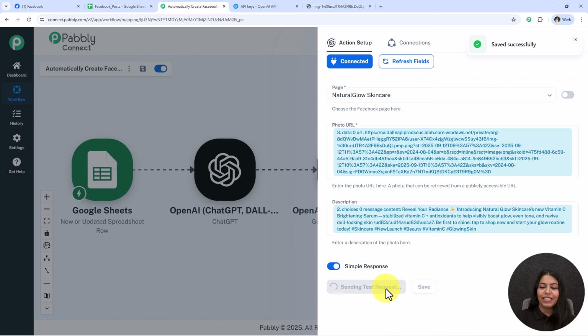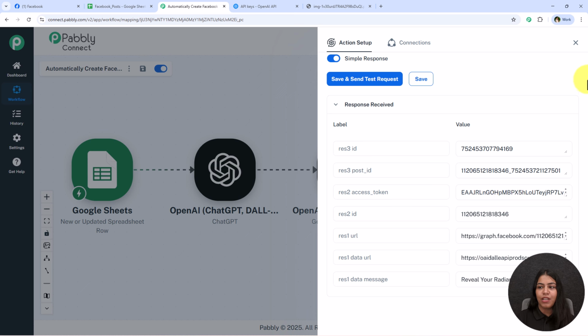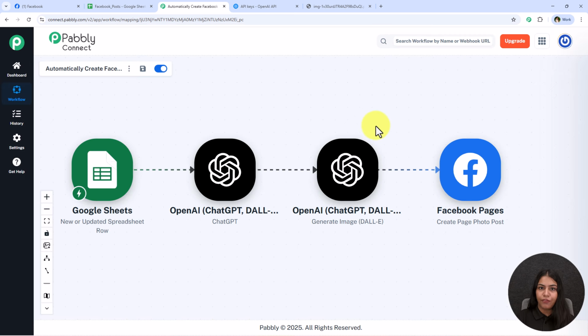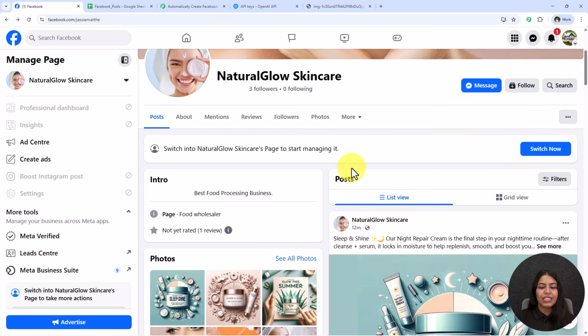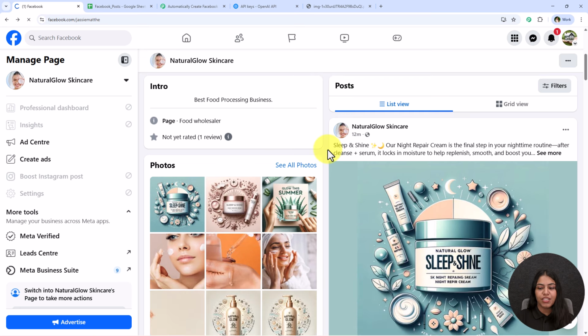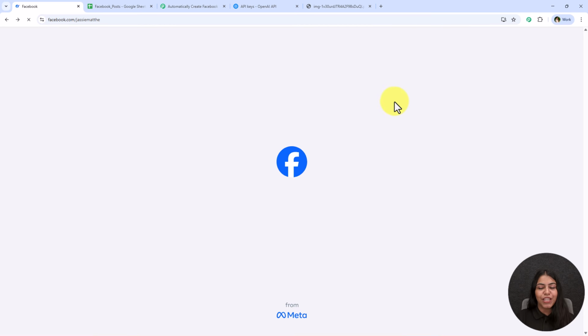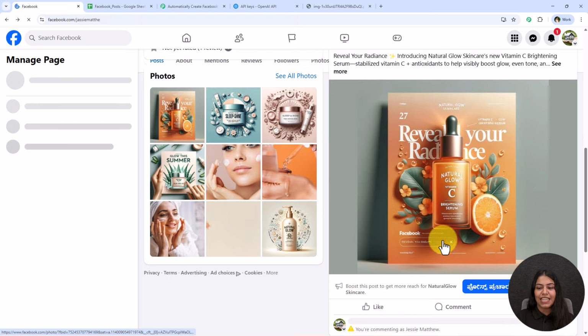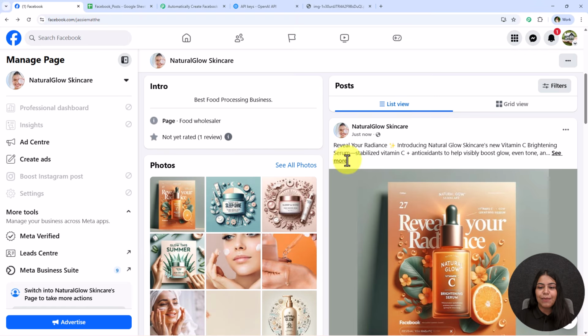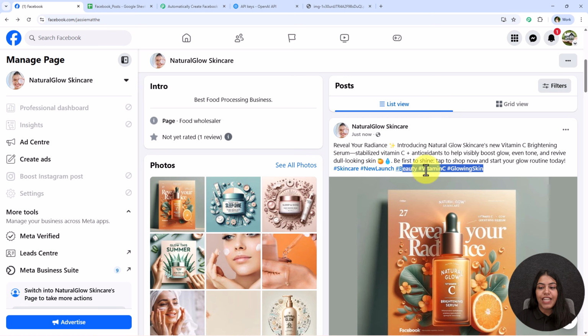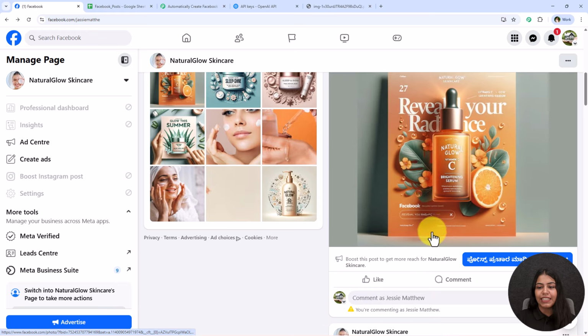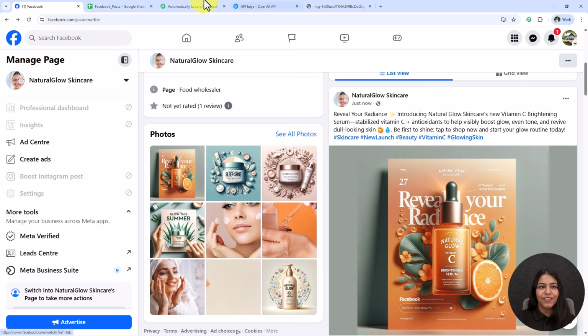And once we click on this save and send test request, you're going to see that we have received the positive response that we have successfully posted this on our Facebook. Alright, so let's open our Facebook, and as you can see, I'm going to refresh this page. And once we refresh this page, you're going to see the post has been successfully posted. You're going to see the same caption. Also, you're going to see the relevant hashtags have been added, and not in the text format but in the hashtag format only. Also, you're going to see that this is the post, and yes, with this we have successfully